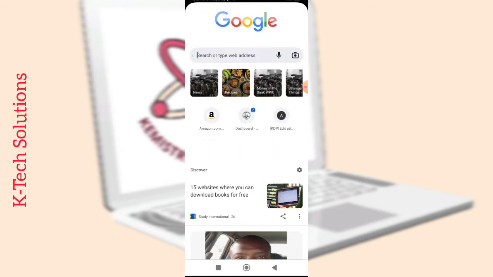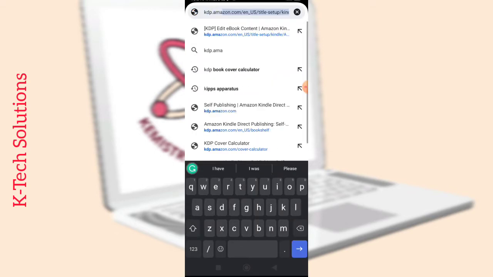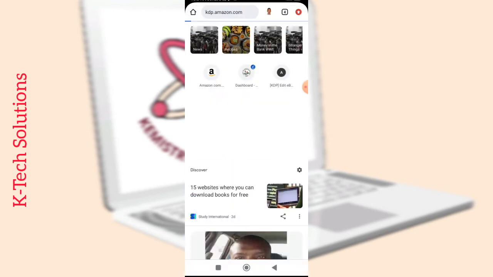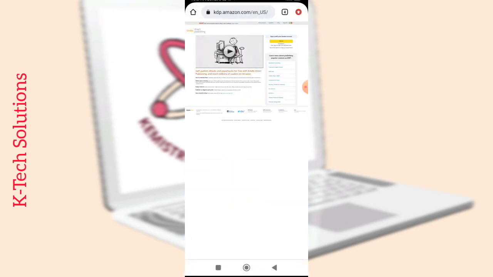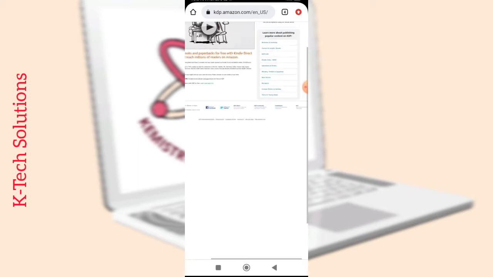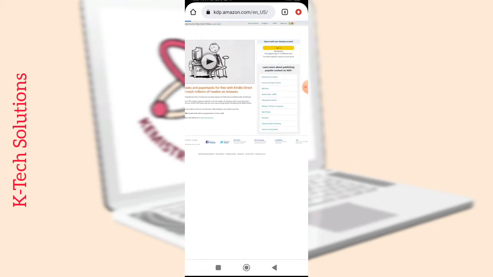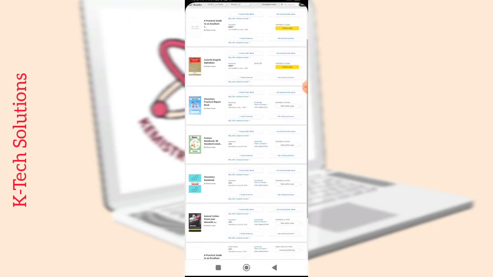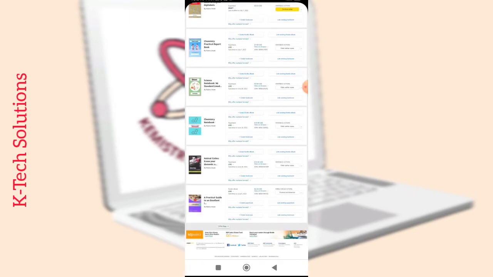So the first step is to go to kdp.amazon.com, and once you click on kdp.amazon.com, after the page is properly loaded, you need to click on sign in. You can see the sign in here. Because I've already signed in, it will automatically take me to my bookshelf, which is like a dashboard